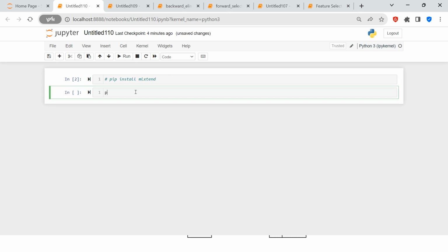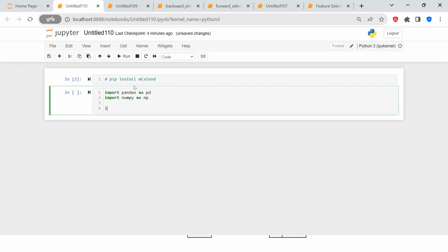Now next, I'm going to import pandas as pd, import numpy as np, from sklearn.model_selection import train_test_split,